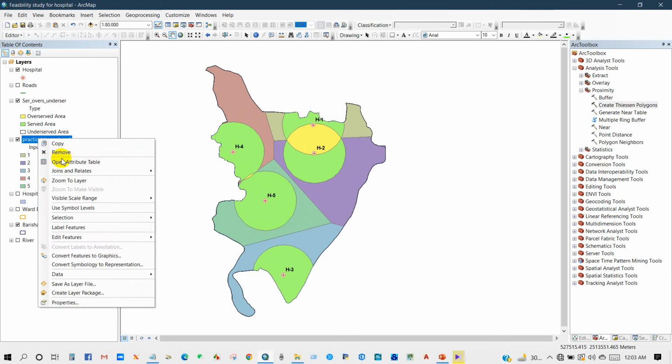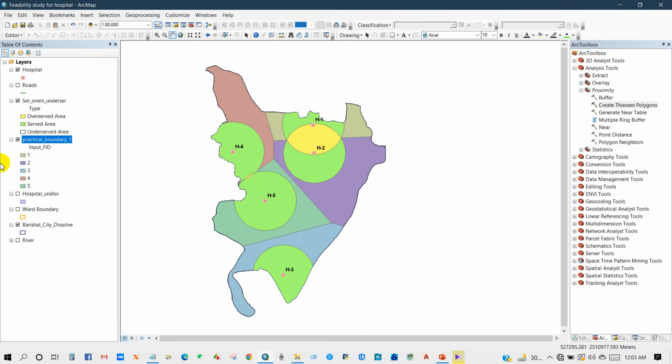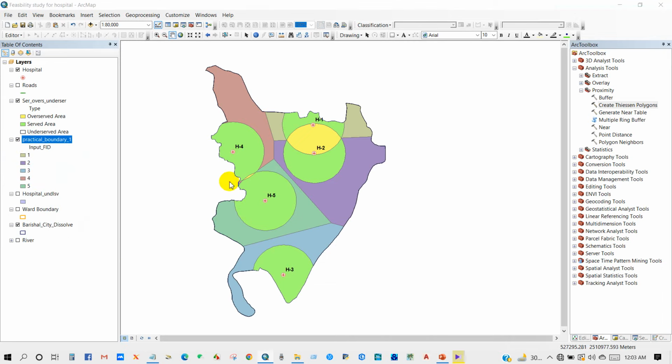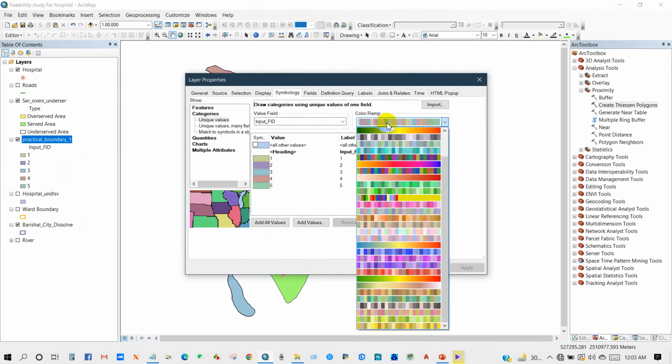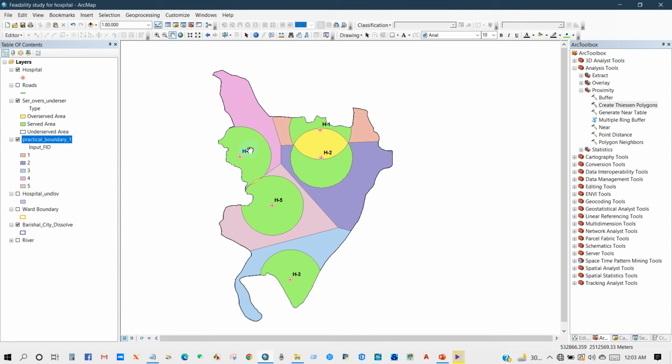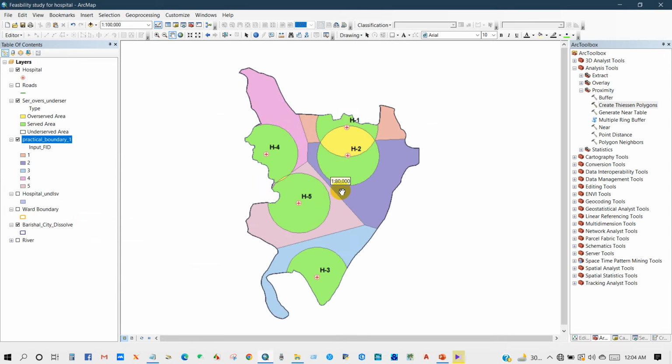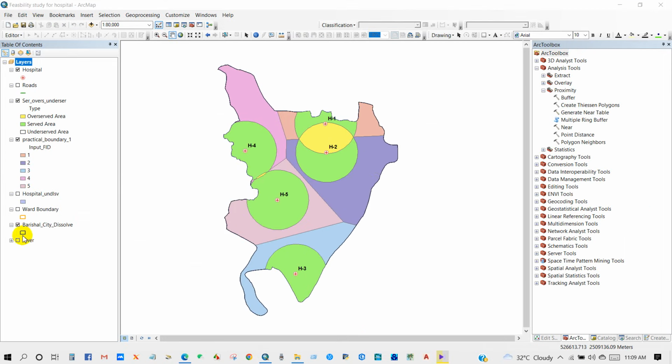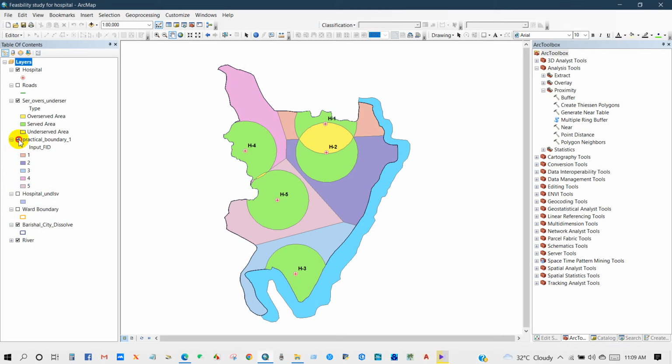And if you go to properties of practical boundary, you can change the color. You can see here actual practical boundary of each healthcare facility center, and also service area, overserved area, and